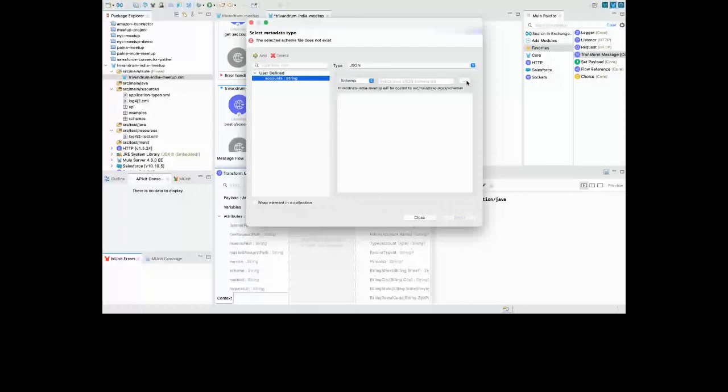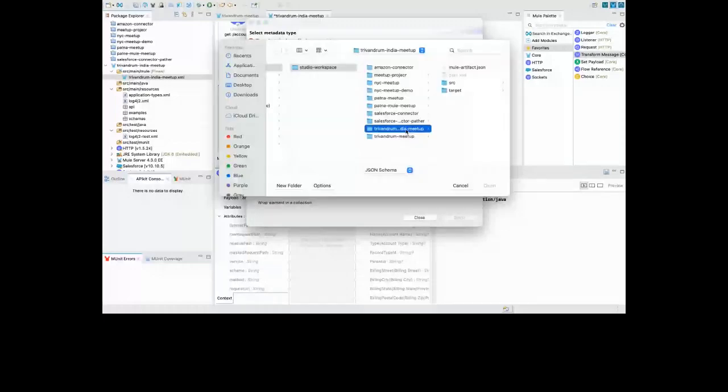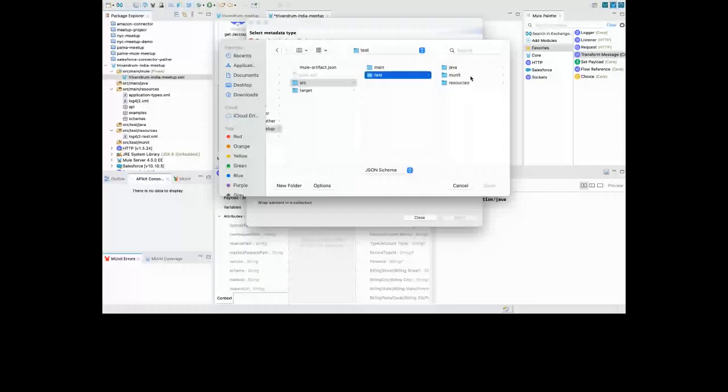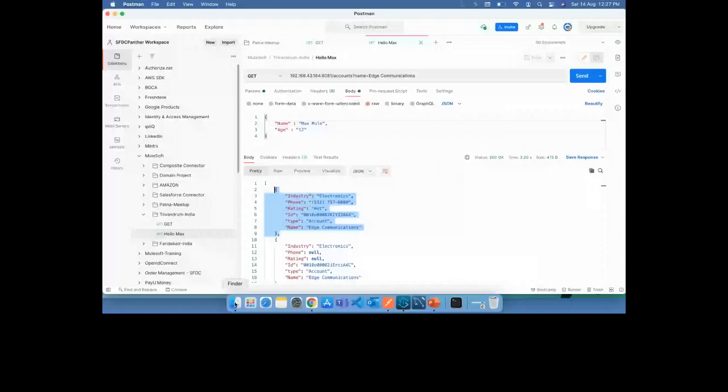And we basically need to find out where our schema is. So our project is there. We'll go to SRC, test, resource, and I'll try to create, I'm not sure if I go to my folder here. Where is the studio workspace?